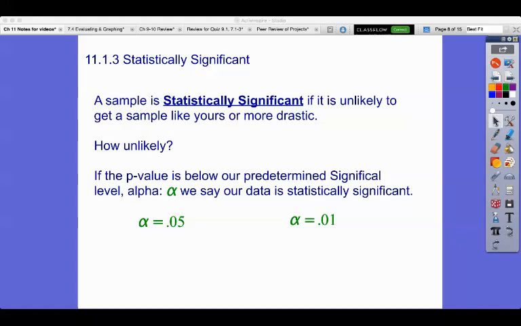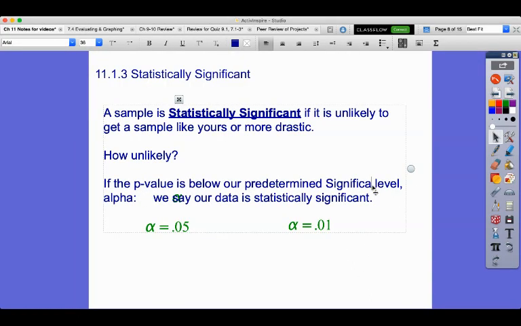All right, so we once again are talking about what it means to be statistically significant. And you can see here a sample is statistically significant if it's unlikely to get a sample like yours or more drastic. And you may ask, how unlikely is unlikely? I did some air quotes there. If the p-value is below our predetermined significance level, lo siento for the typo, and we call that alpha, we say our data is statistically